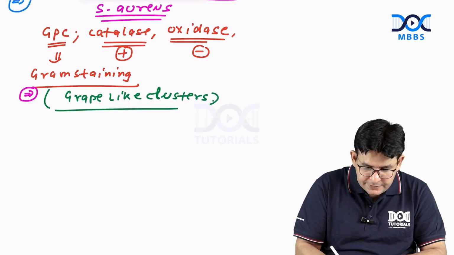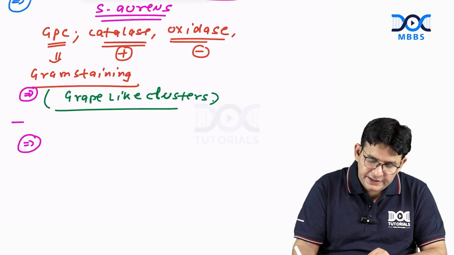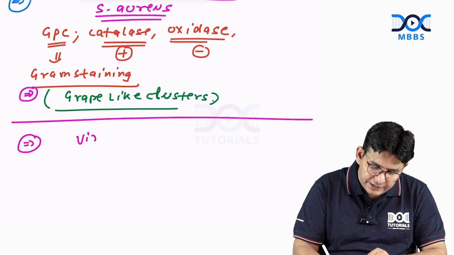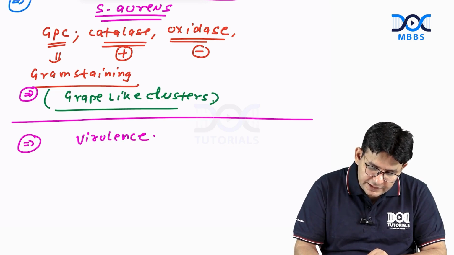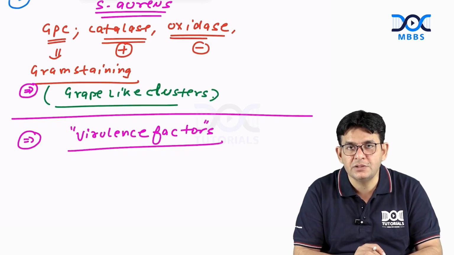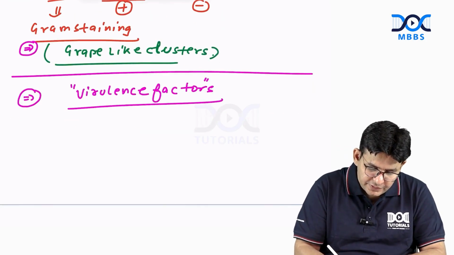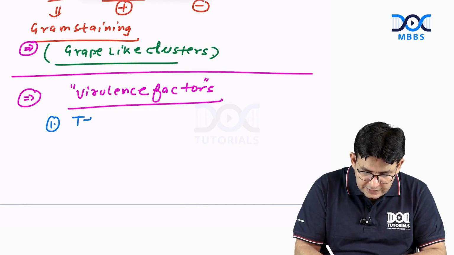Second point here is regarding the virulence factors. If we talk about the virulence factors of this particular Staph aureus, that is, why the Staph aureus is so important. Why does it cause so many diseases? So the answer to this is the first one, the thickness of the